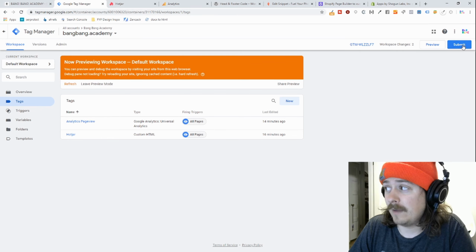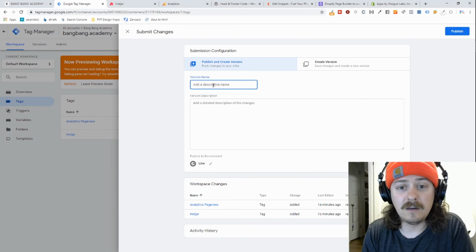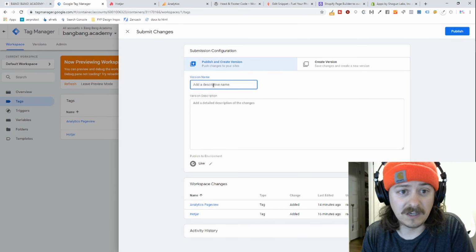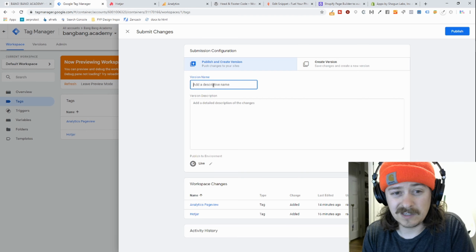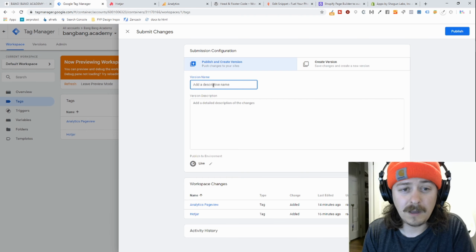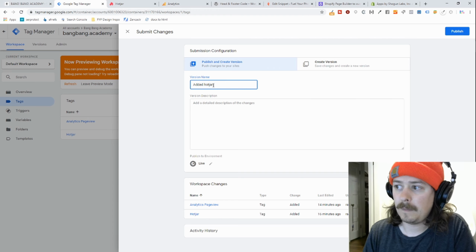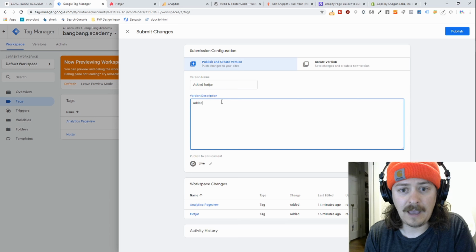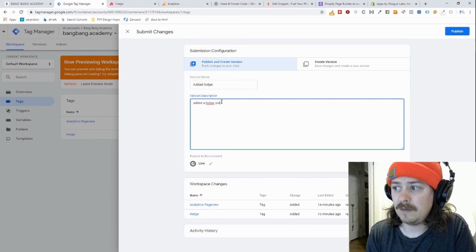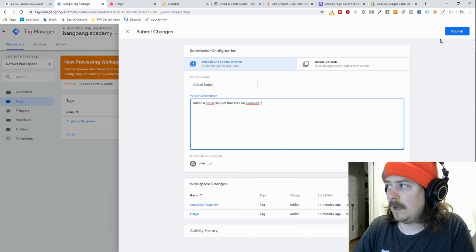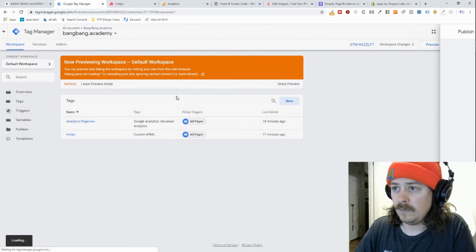Once you've done that, you have to hit submit, and this is where you can take notes on what you have done to your site. Now, most photographers are just handling their own site, and they don't have to remember what changes have been made, but this is nice, especially if you have a team, if you have anybody else working with you. So you can say, let's call this "added Hotjar," and you can describe it. Say "added a Hotjar snippet that fires on page view," and then hit publish, and Tag Manager is going to